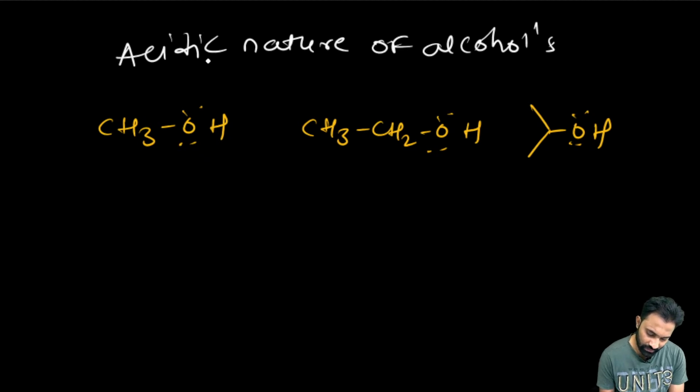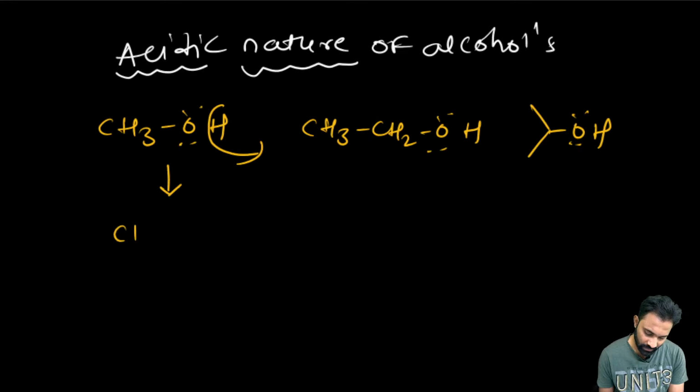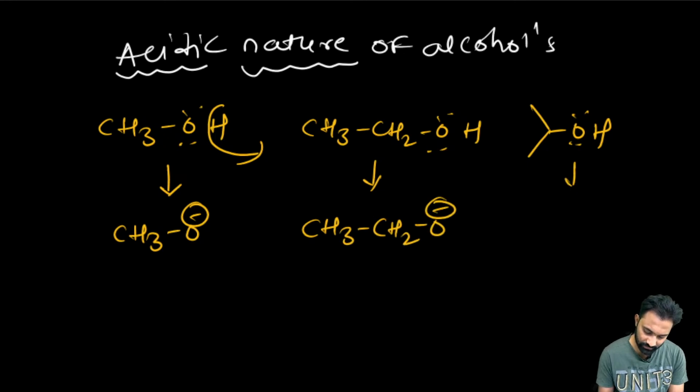First of all, if they are asking any acidic nature questions, the first thing you have to think in your mind is that this H plus will be given to the solution and we have to stabilize this alkoxide ion. After the H plus is given to the solution, this alkoxide ion will get the negative charge in this manner. Now this is a carbanion, right? This is a carbanion. Now this is the stability